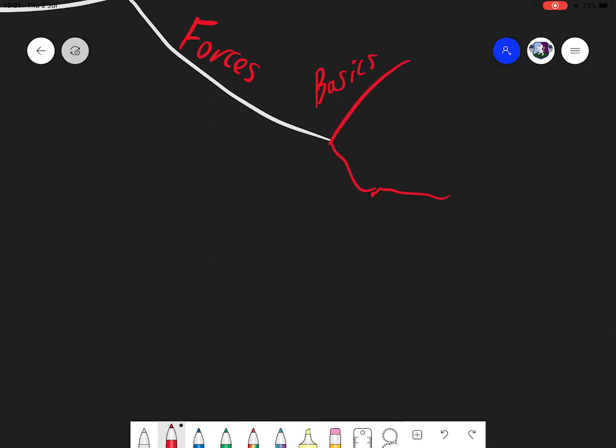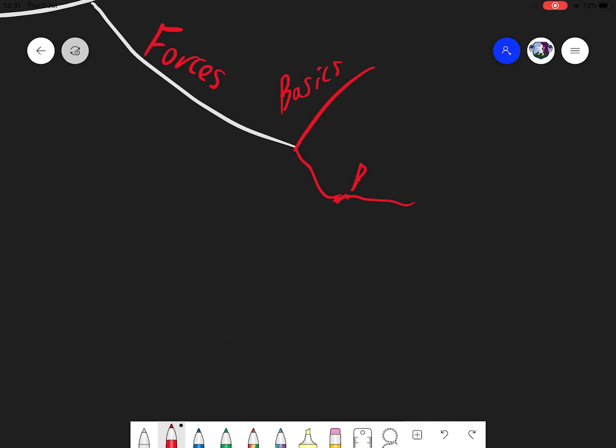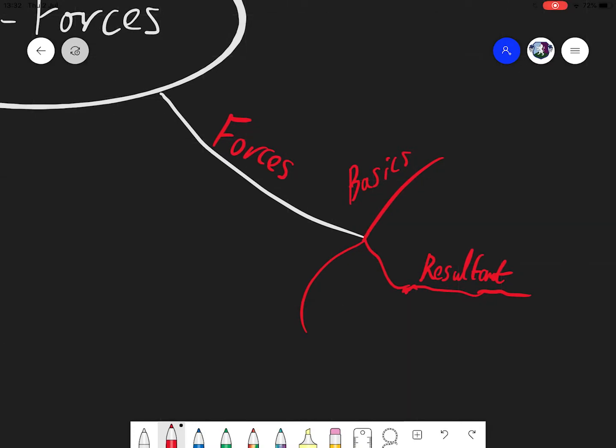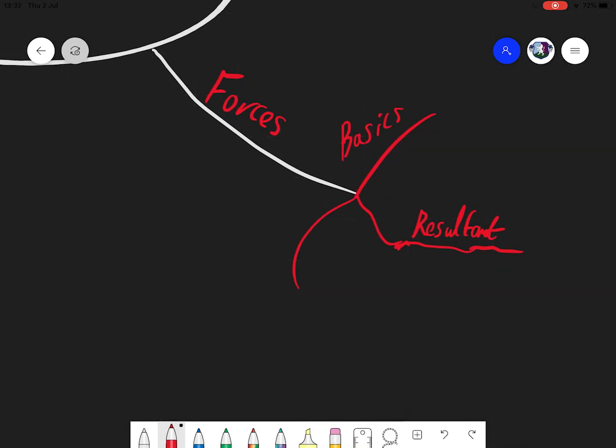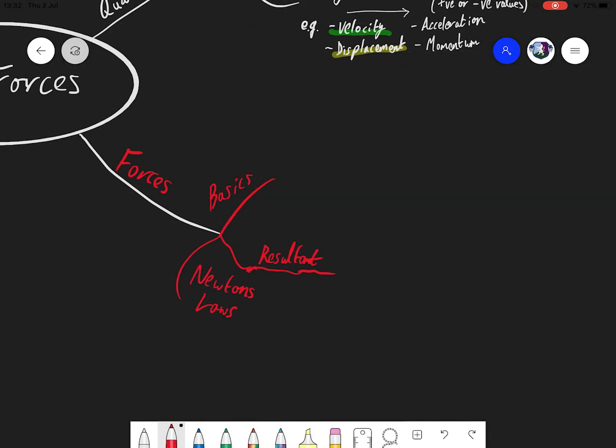But we're going to split this into the basics. We're then also going to look at the slightly more advanced parts, so things relating to determining resultant force. And finally, we're going to look at the 3 Newton laws. So, in terms of the basics,